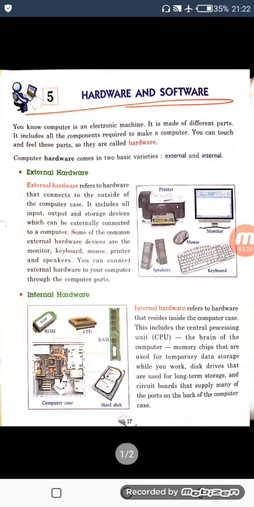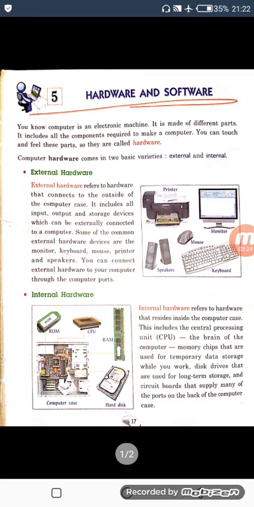Okay, so now let's begin with the first topic given in your book, external hardware. After external hardware we will study internal hardware. So let's begin. You know, a computer is an electronic machine. Yes, we all know that. It is made of different parts.